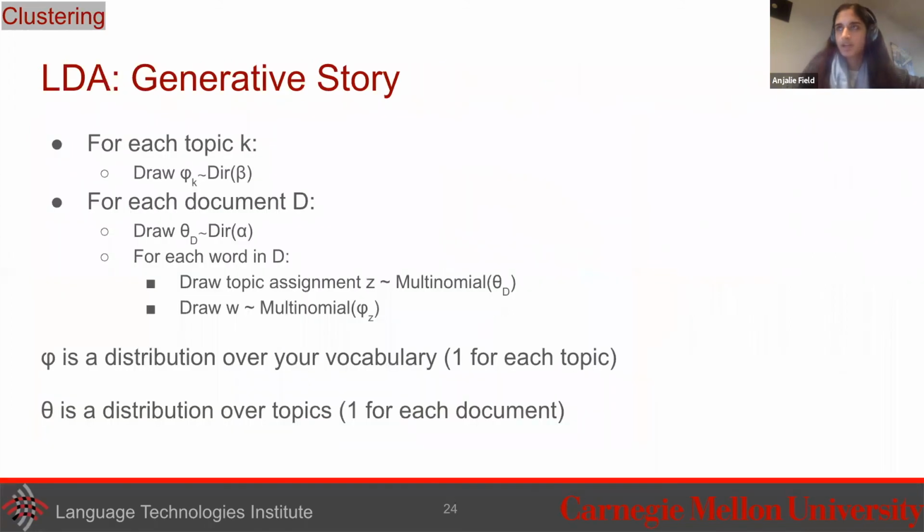To be a little more concrete, one of the most famous topic models, and almost all topic models now are some variant of it, is called Latent Dirichlet Allocation. This is a generative model, so it assumes that there was some generative process that created your corpus of documents, and your goal is to learn the parameters that were used in this fake generative process. This is the generative story that LDA uses. We only have a few minutes left, so I'm not going to go through all of it.